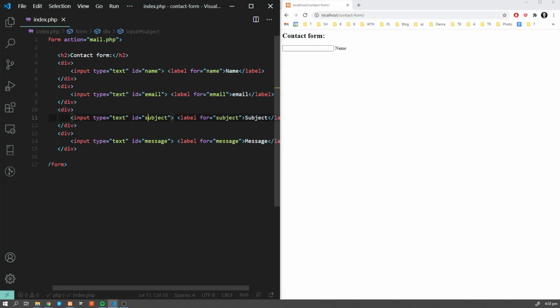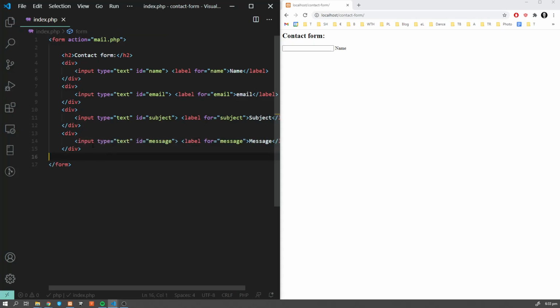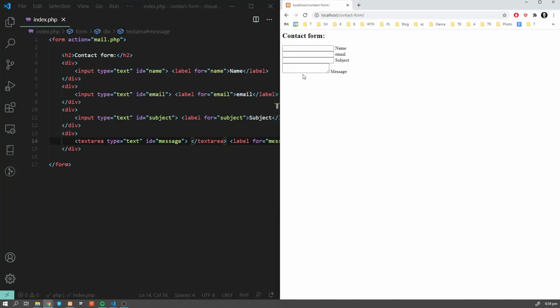Let's change this input type to something else, so let's use a textarea for that. Okay, so we have some inputs here. And now let's create mail.php.